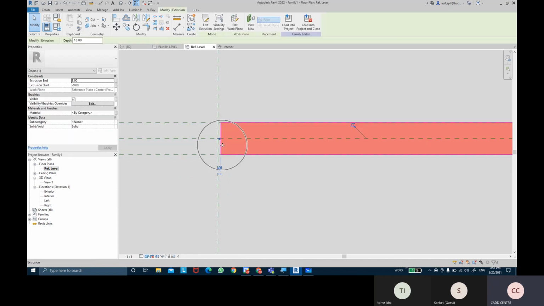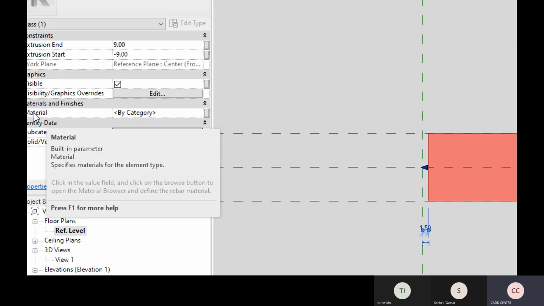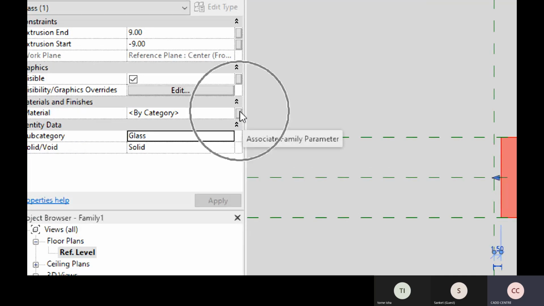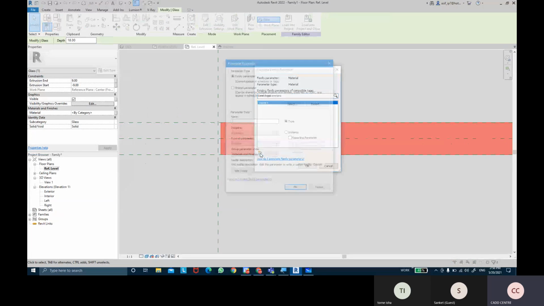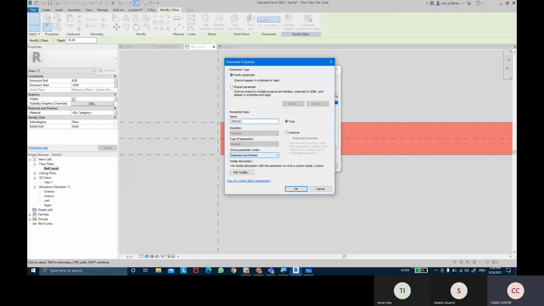You can select this panel and we're going to subcategorize this panel. We're going to put it into the subcategory of glass. And you can also apply the material associate parameter to it. So there is an associate parameter as well for the material. I'm going to call this single panel glass material.